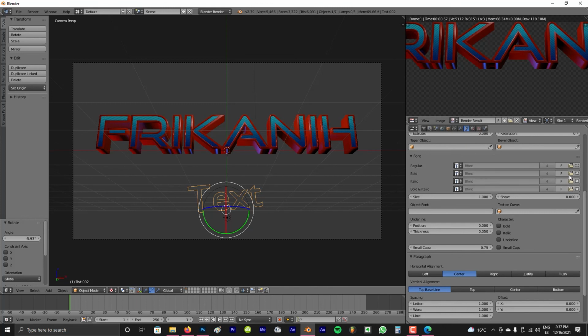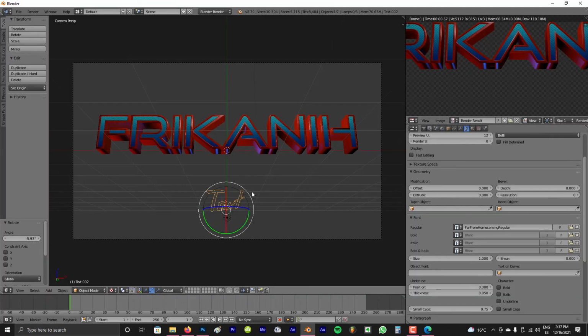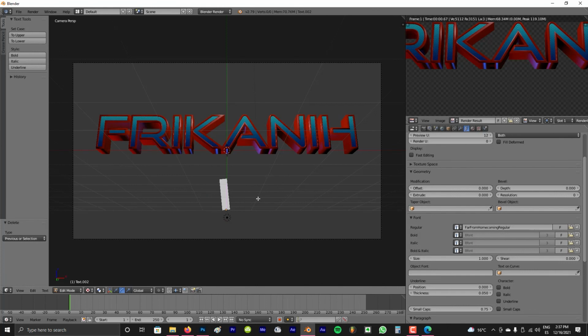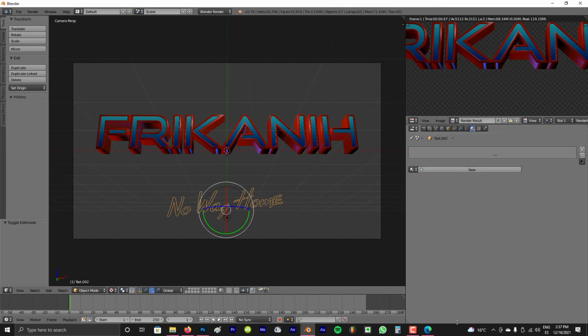We're gonna select the other font, which is this one, Far From Coming. We click open font, and if we hit tab now, we can now write wherever. We hit tab again to quit the editing mode, and then if we go into the material, we can create